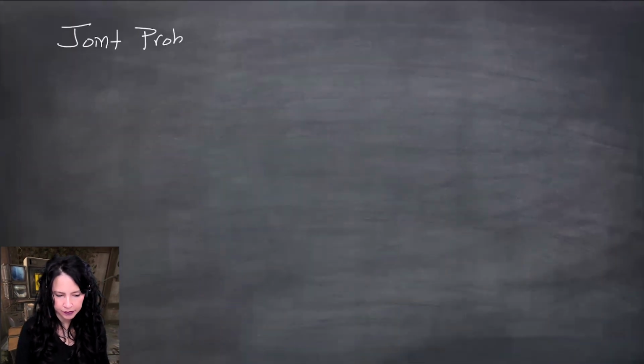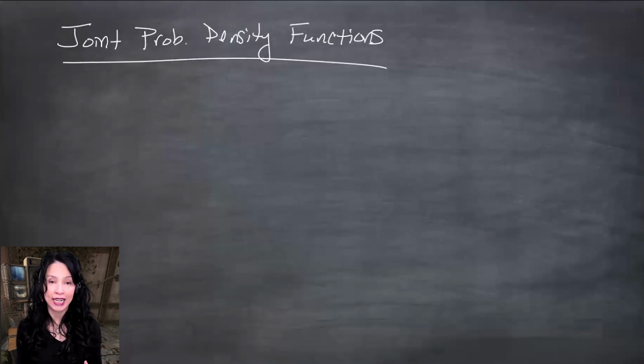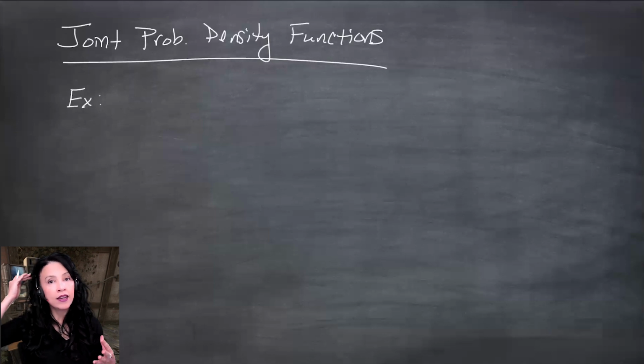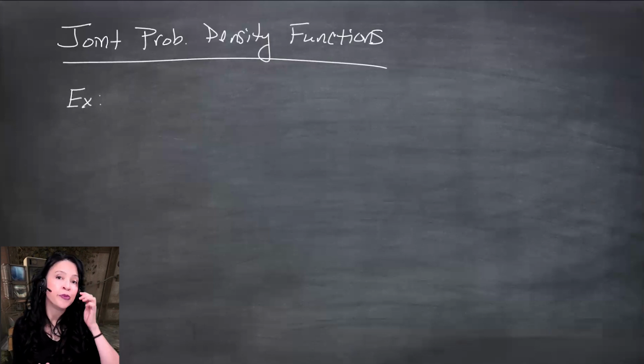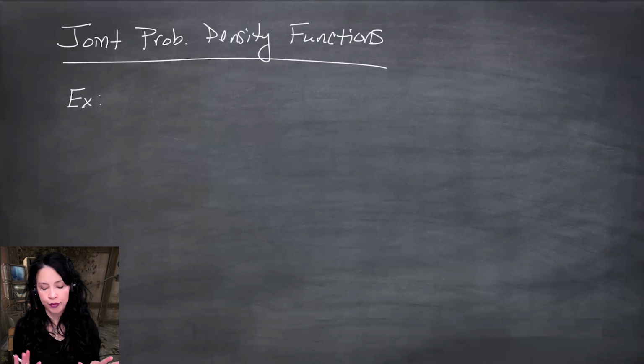Okay, so I think we are on to joint PDFs and marginal PDFs. I'm going to start in the discrete case. I'm going to just jump right in with an example. And this is going to be a probability density function for two or more random variables. Today, we're only going to talk about two.